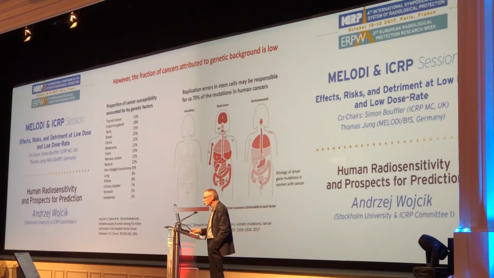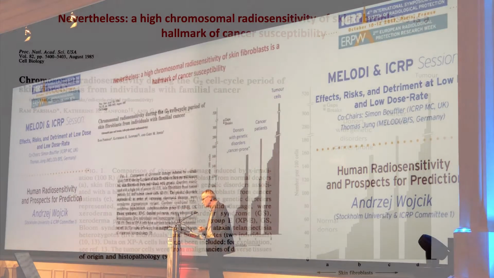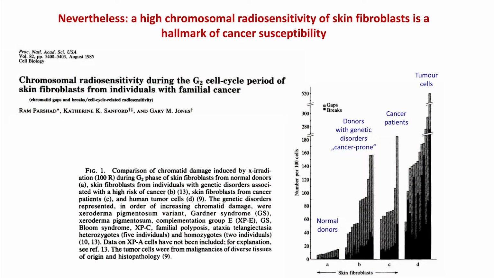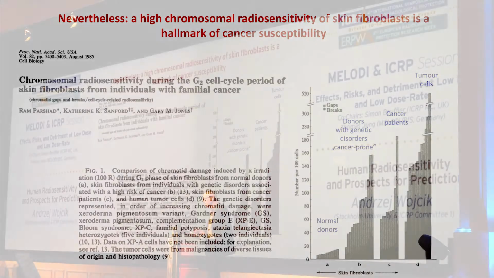Okay, so I'm mentioning this to point out that the genetic component in cancer predisposition may not be very large. But now, there was a study that really kicked off many other studies in the 1980s, 1985,